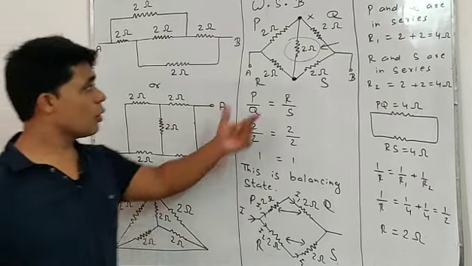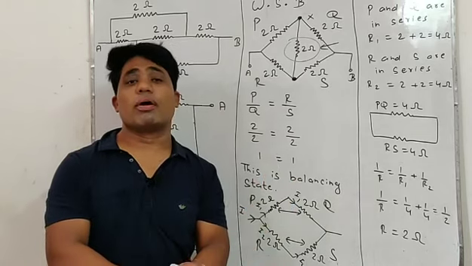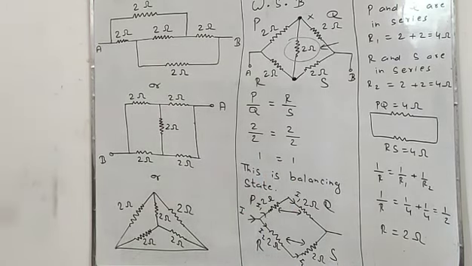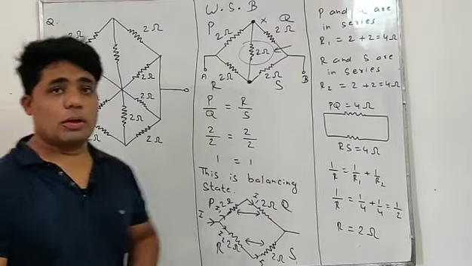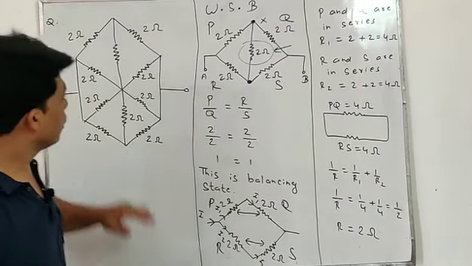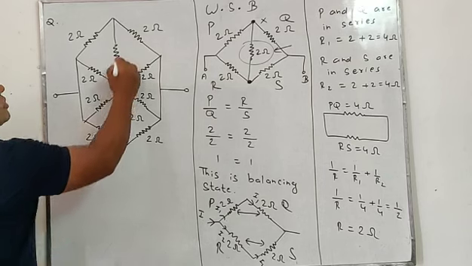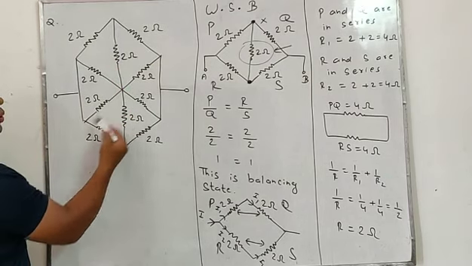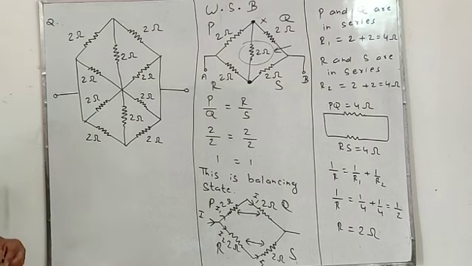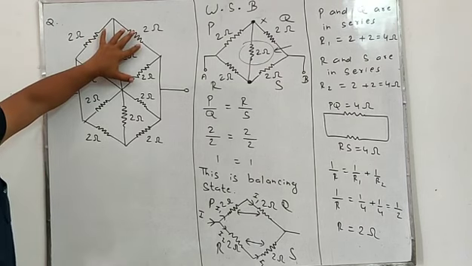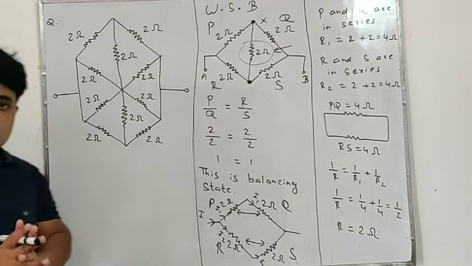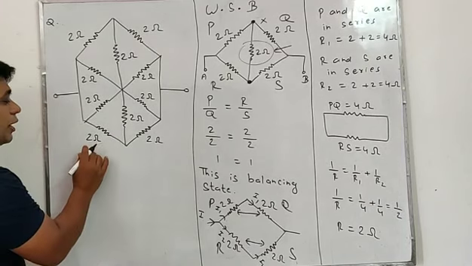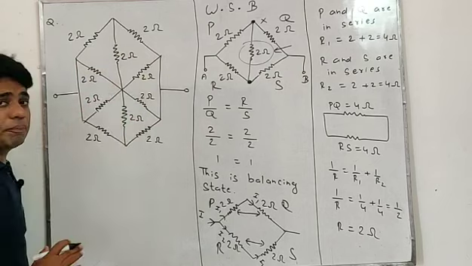3 questions, 1 solution on account of the Wheatstone-Bridge circuit. Now students, this is question number 3. Look at the circuit. We are given a circuit having resistances of 2 ohm, 2 ohm, 2 ohm, and 2 ohm. In total we have 5 and 5, a total of 10 resistances, each of 2 ohm. He is asking to find the equivalent resistance of this circuit.